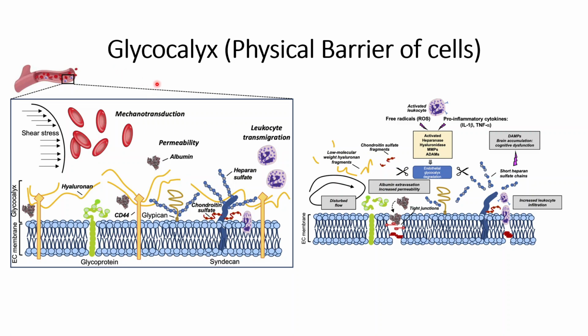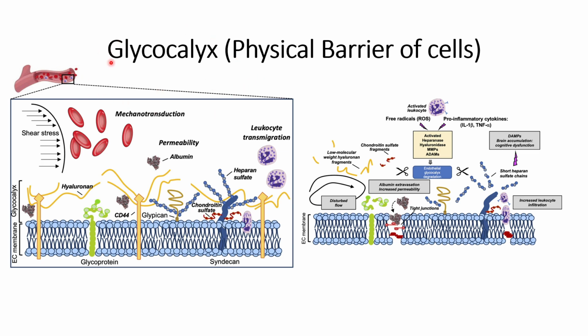Today we will discuss glycocalyx, which is a kind of physical barrier of the cells. In the case of tumor cells, this glycocalyx thickness might increase, and that prevents the tumor cells from immune evasion. However, in this video we will not discuss the role of glycocalyx in the case of tumor cells, but